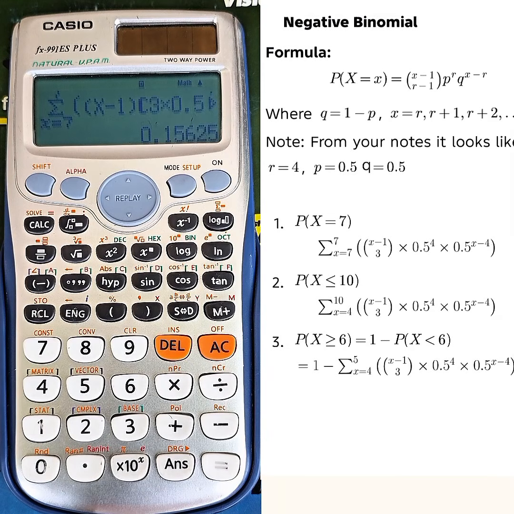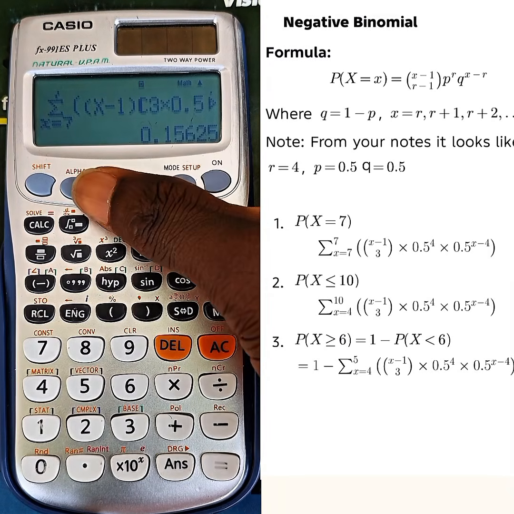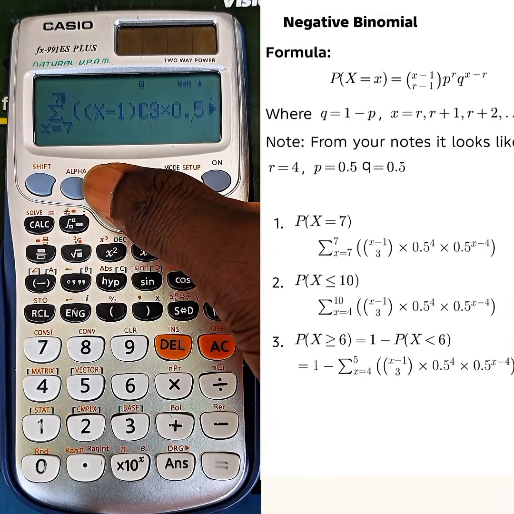So now let's look at how to calculate for at most 10 tests. For at most 10 tests, we know that our value of x starts from r. So now we're going to get from r to 10 tests. That means our probability of x is less than or equal to 10. That is for at most 10 tests. You don't need to clear all of this. All you have to do is to use this particular arrow here and then edit your values on